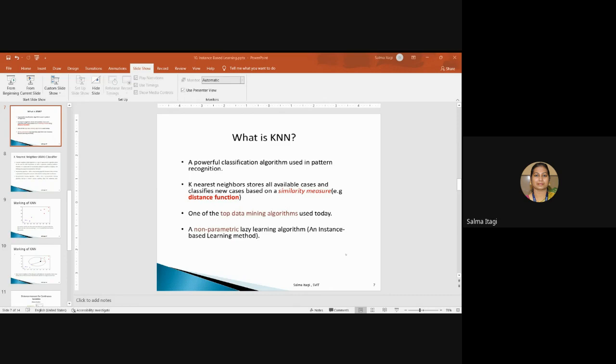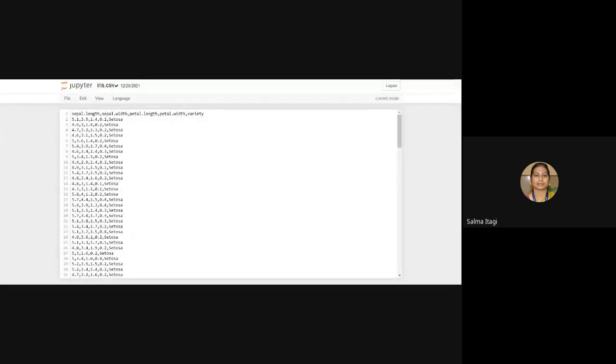So going to the data set and the code of the program. Let me first show you the data set. The iris data set we are using has 4 attributes: sepal length, sepal width, petal length, and petal width.